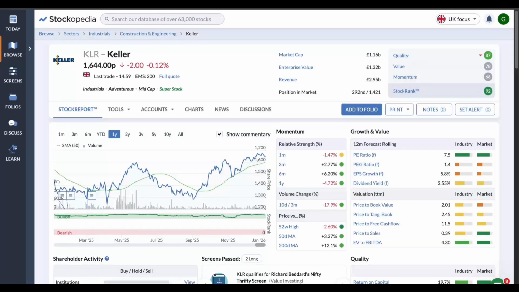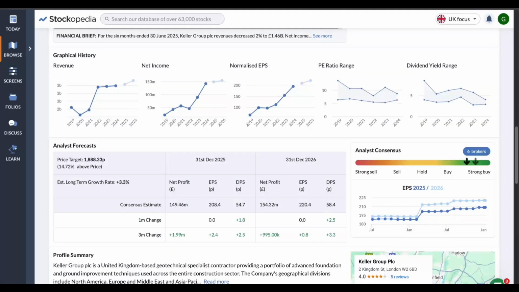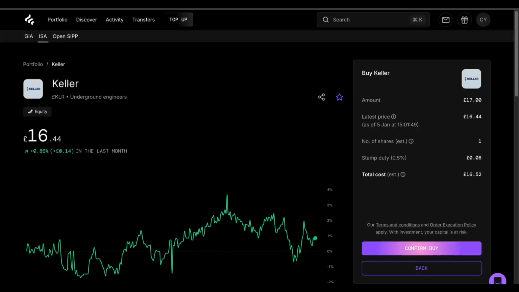They do boast a fantastic stock rank score at 92, and the analyst consensus is that it's currently a strong buy, with there being 1 hold, 2 buys and 3 strong buys, with a price target at 1,888 pence, which is 14.72% above the current price. I'm going to be adding just 1 share to this position, which is going to cost me